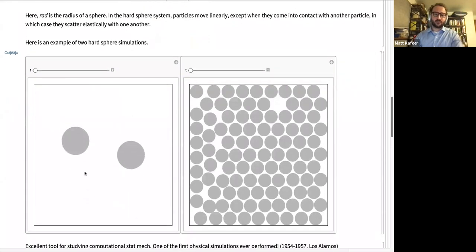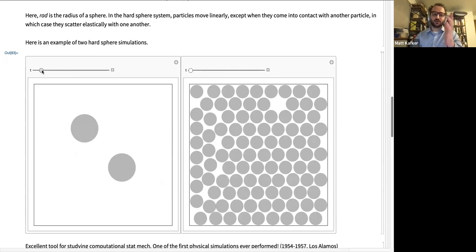So if we take a look at this simulation on the left here, we're going to send them in at one another, and they have a non-zero impact parameter, so they're off center from one another. And again, not exactly surprising physics here, but you'll see that they bounce off one another, and there's no momentum in the vertical direction before the collision, but the spatial extent of the spheres means that there is momentum in the vertical direction after the collision.